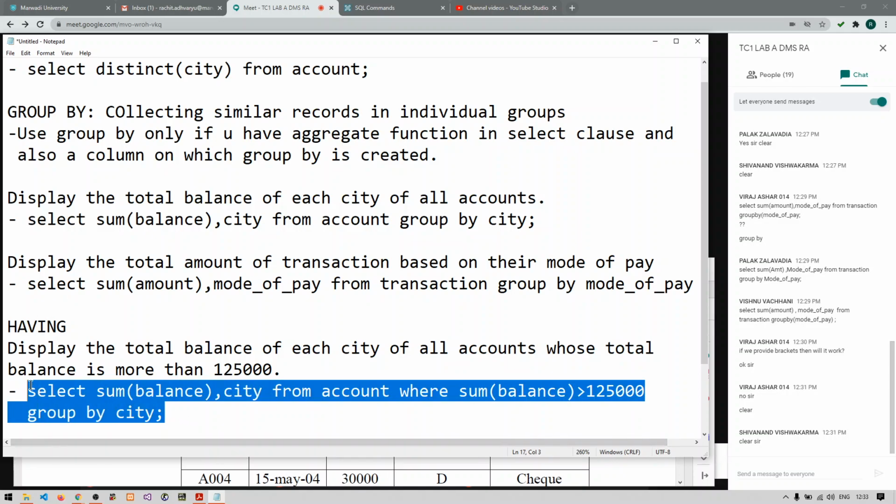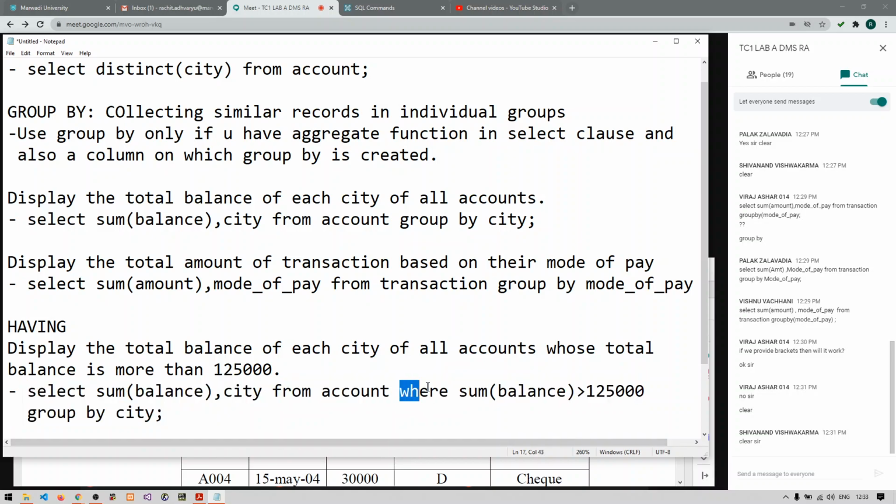This is wrong. This is totally wrong. You cannot have a where condition or where clause for an aggregate function.